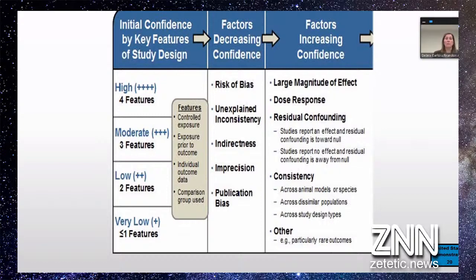And what's the next factor? So consistency, and here we're talking about across animal models or species, across dissimilar populations, in particular human populations, across study design types. So if you're seeing the same signal coming from a variety of mechanisms, then it gives you more confidence. Dr. Thayer, is it possible that you can have consistency across findings, but you would still choose not to increase confidence? Yes. In particular,